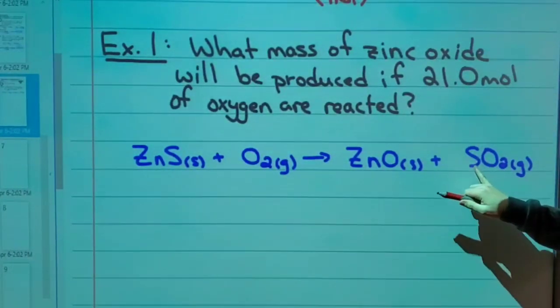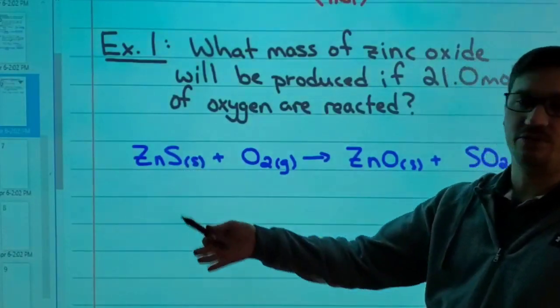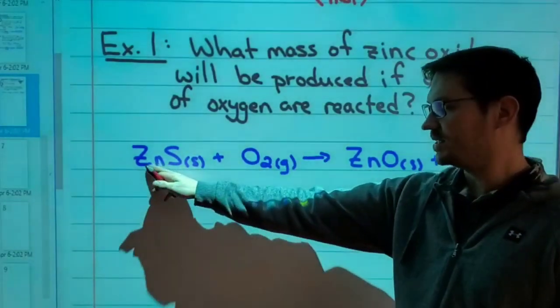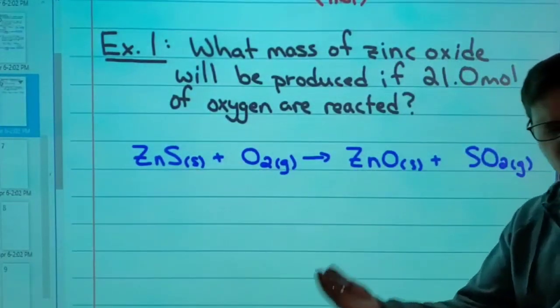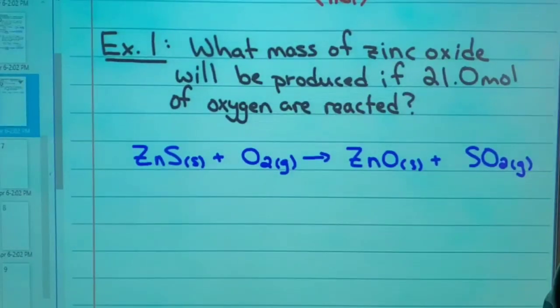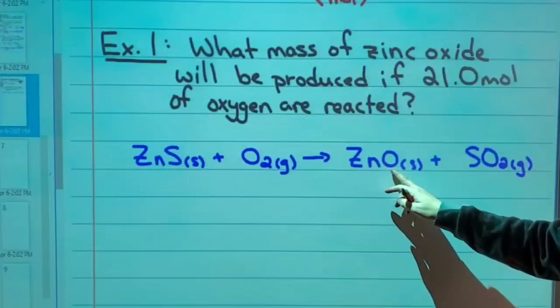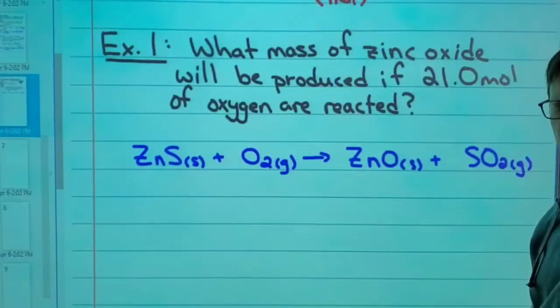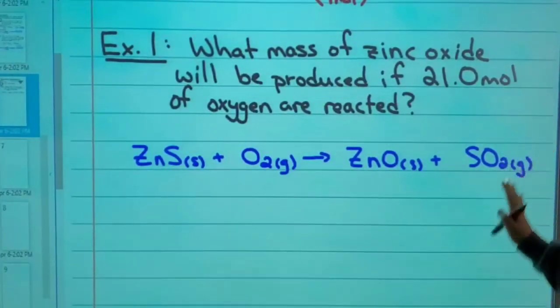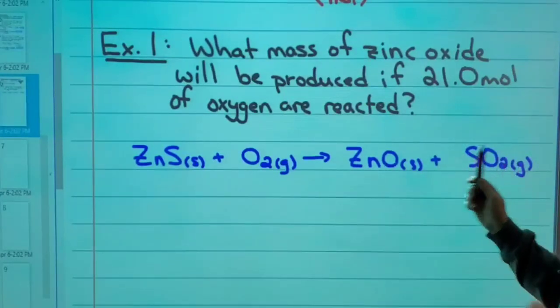So 1 sulfur, 1 sulfur. Good. 1 zinc, 1 zinc. Good. So now I'm forced to deal with the oxygens. I've got 2 oxygens, and 1 + 2 is 3 oxygens. So that's not helpful. What I need is an even number of